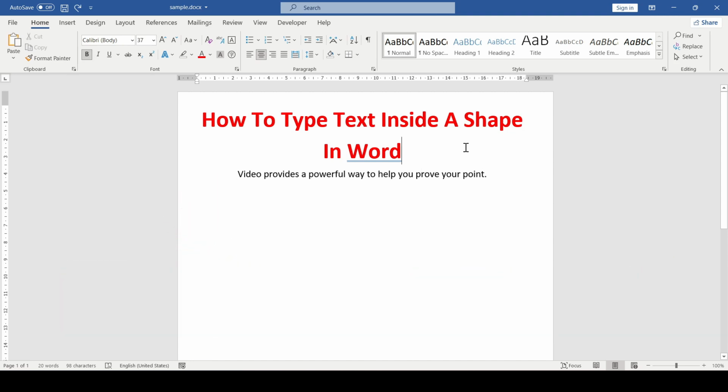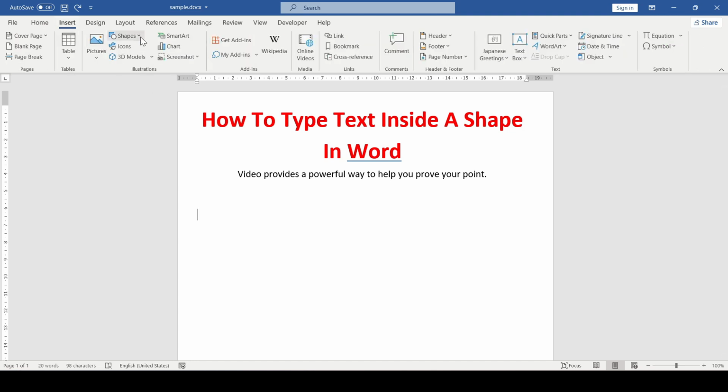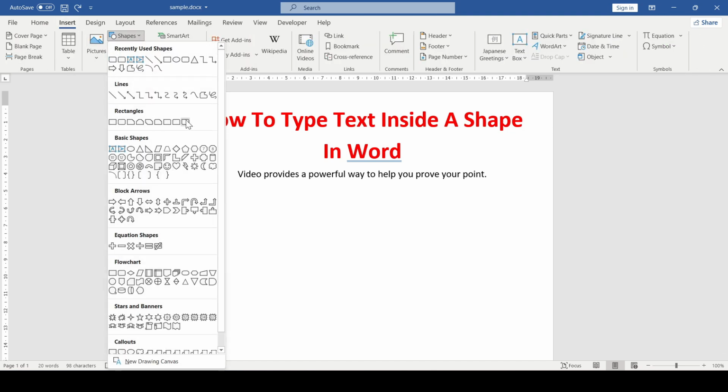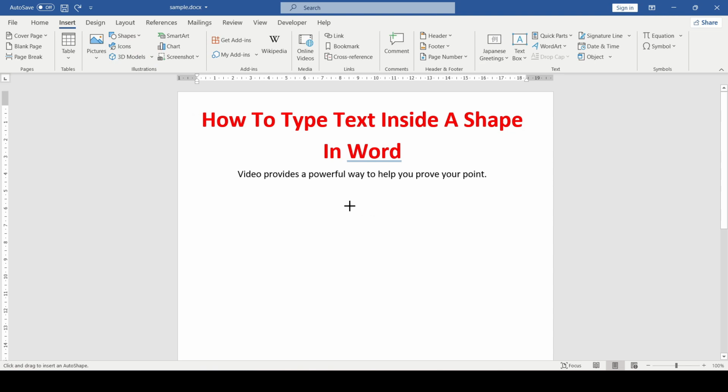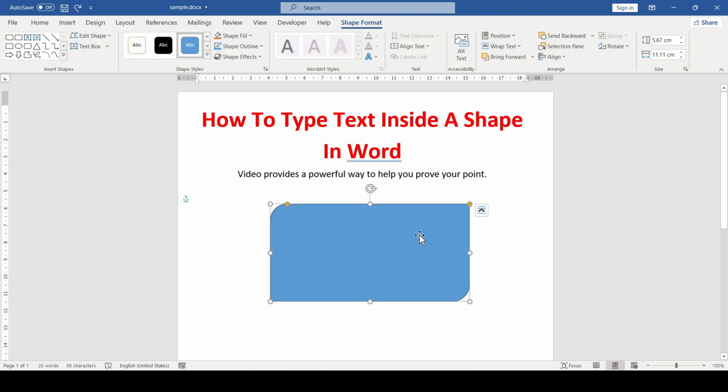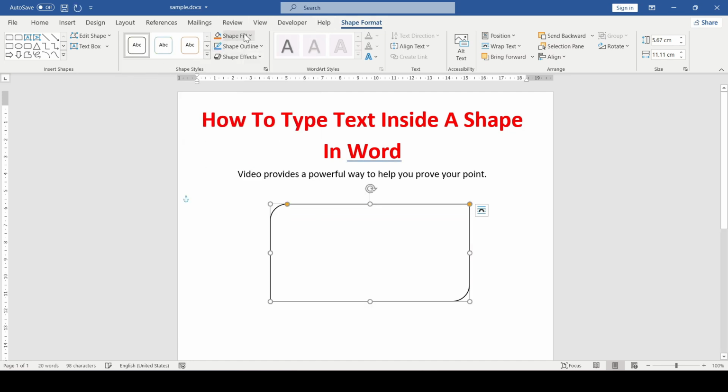Let's get started. First, let's insert a shape. Go to the Insert tab, click Shapes and select any shape. As you can see, the cursor has changed. We hold down the left mouse button and draw a shape of the required size. When the shape is added, the Shape Format tab appears, where we can change the shape style, fill color, or